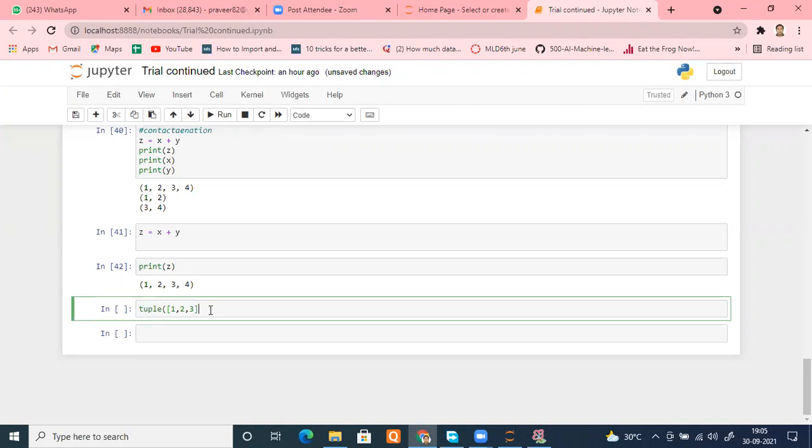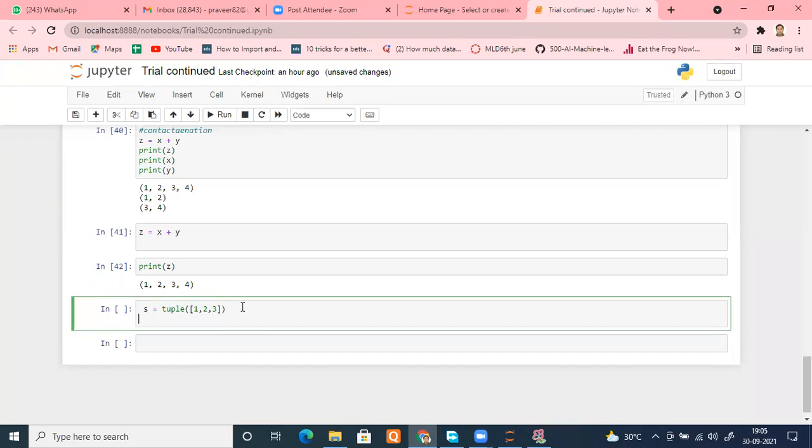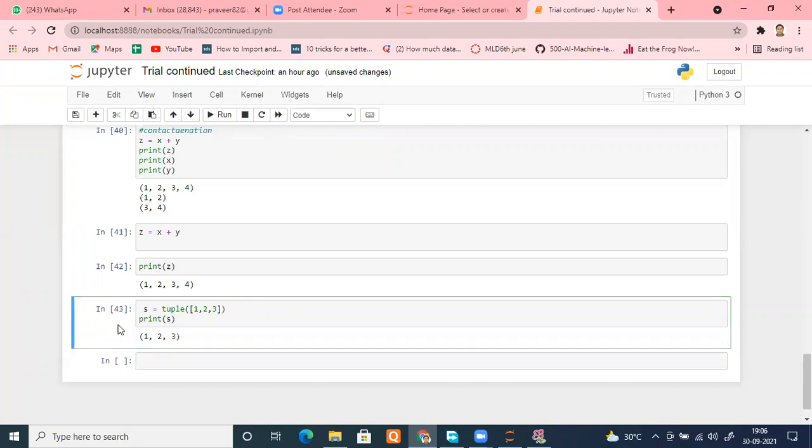It will convert this list into a tuple. Let me save it with the name S and print S. I'm running this, and please check, now S has become a tuple.